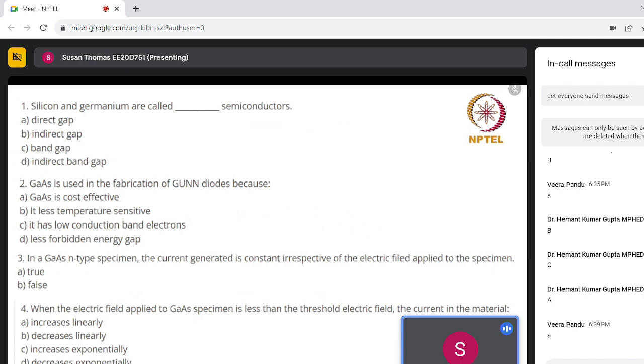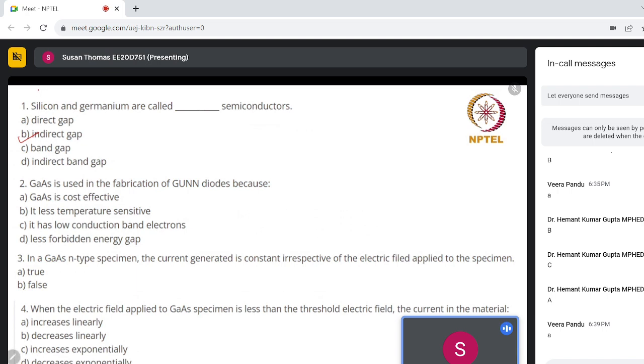So silicon and germanium both are examples of indirect gap semiconductors. And the reason for gallium arsenide to be used in Gunn diodes, even that is a related question. So gallium arsenide is a direct band gap semiconductor, and if you see the band gap for silicon and germanium,